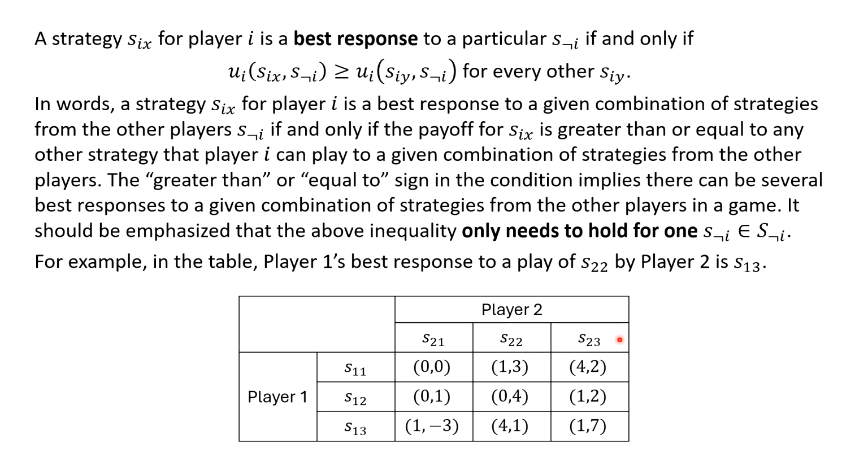Just to do another example, if player 2 played S sub 2 3, then S sub 1 1 would be the best response because 4 is greater than 1 and 1. And if player 2 played S sub 2 1, then in that case, player 1's best response would be S1 3 because 1 is greater than 0 and greater than 0. Okay, so that's yet another concept that'll come up in our discussion as we proceed with our lessons on game